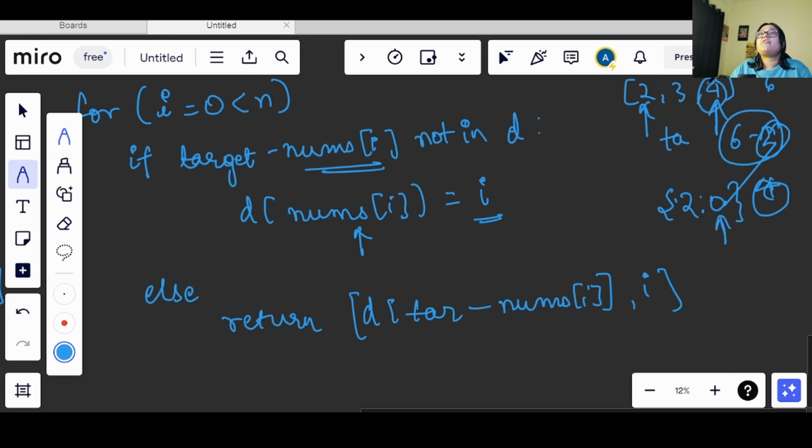After subtracting this 4 from my target value, I checked for 2. If 2 is existing, then I will simply return that value with the current index value. Now let's move on to the code editor and we will run this code there.